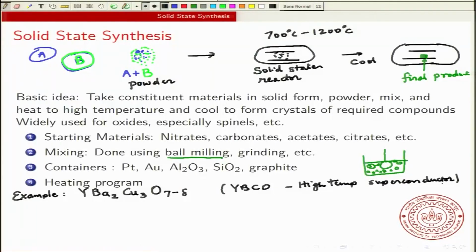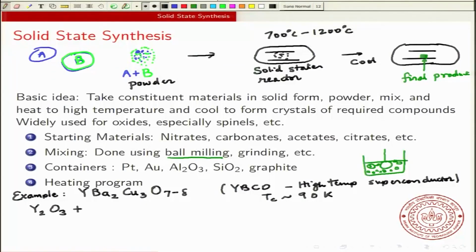It has a Tc of around 90 Kelvin, and this was the first superconductor that was superconducting below 90 Kelvin. So if you use liquid nitrogen, you can see this will become a superconductor. Now this can be prepared using the following reaction: